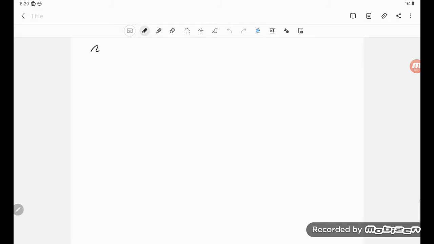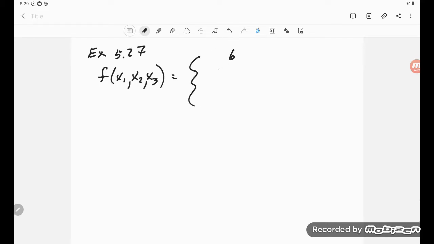So here's a note on exercise 5.27. In this case, we have a function of three variables. So f is of x1, x2, x3. Its joint PDF is 6 over (1 plus x1 plus x2 plus x3) to the fourth, for all xi greater than 0,